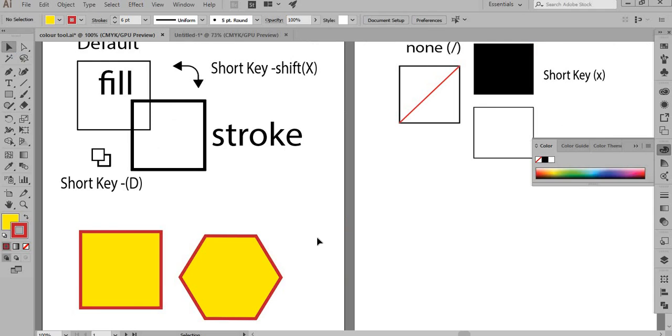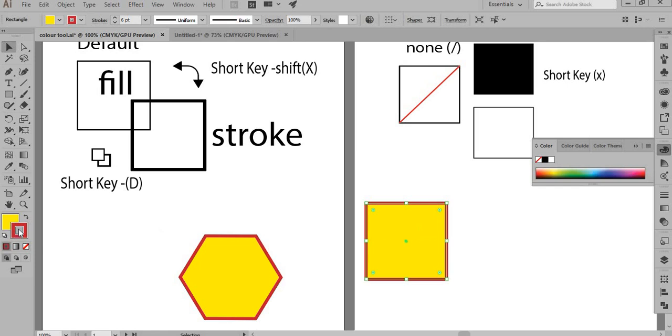Now there is one more very important thing. It's always good to learn it. Let's suppose I have no fill in my filling, but I have a stroke line. There are times it happens that you're trying to move the object but you're not able to move it.